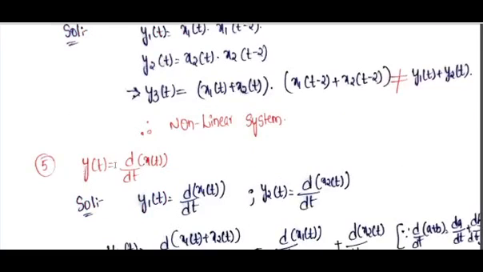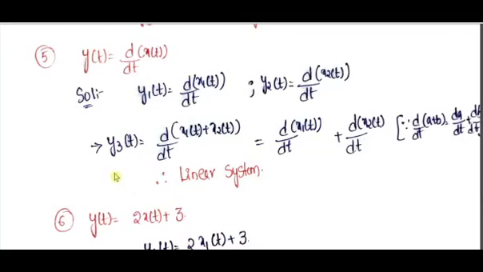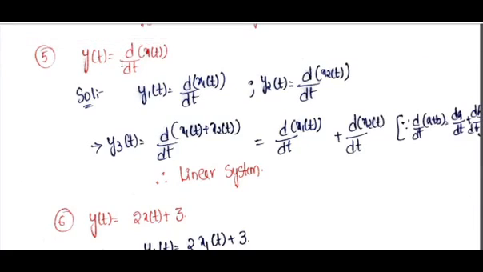Next is what? y of t equals d by dt of x of t. Now if I check for this condition, y1 I have to take, y2 I have to take. Now the overall response, that is y3 of t. By seeing I can say this is obeying additivity, because d by dt of a plus b means what? I can split this differentiation as we know this property. So I can say it is a linear system. As there is no weighted sum, multiplication of 1 is there. By seeing this also I can say it is obeying superposition also. That's why I am saying it is linear.